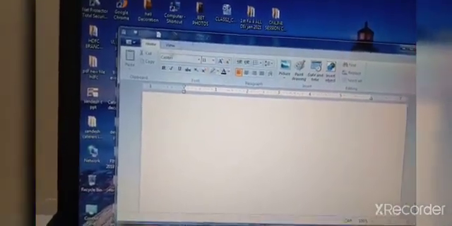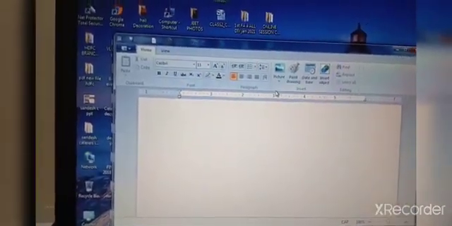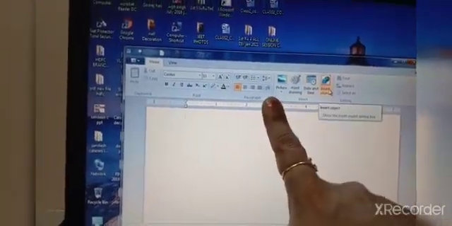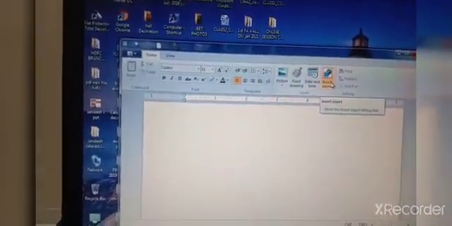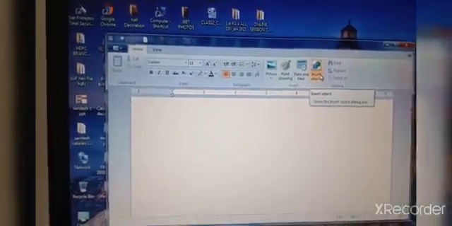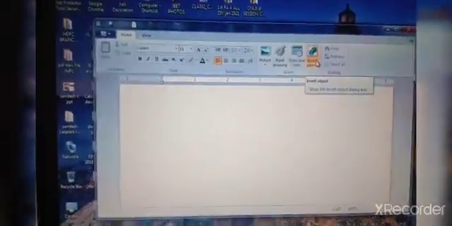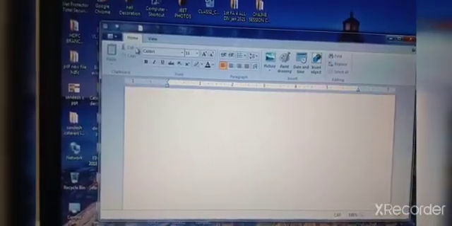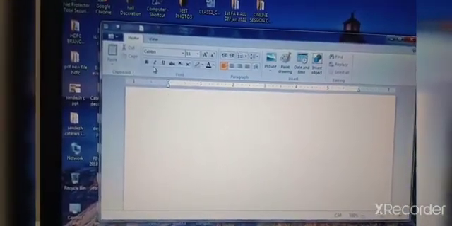Understood? Now this is the ribbon. This full horizontal bar, you can see from here to this side. This is the ribbon. Okay children. Now this ribbon is divided into three parts: tabs, groups, and commands.